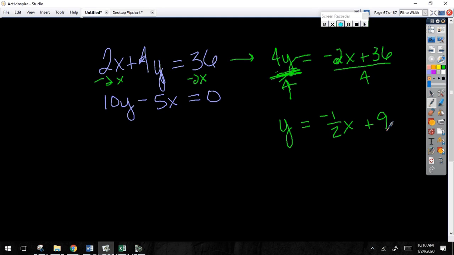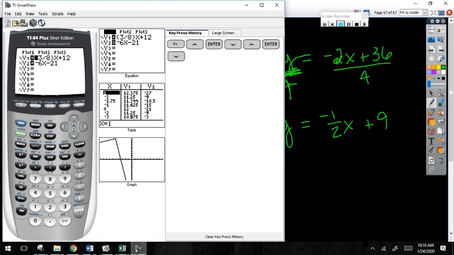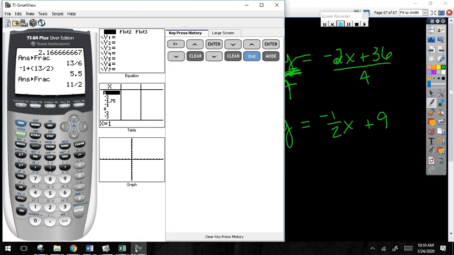Now on your calculator. Let me clear all this out and get to my home screen. This is what you should see when you turn your calculator on. Okay, hit the button that says y equals. All right, I am going to do